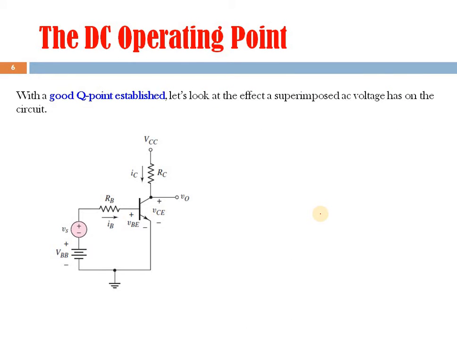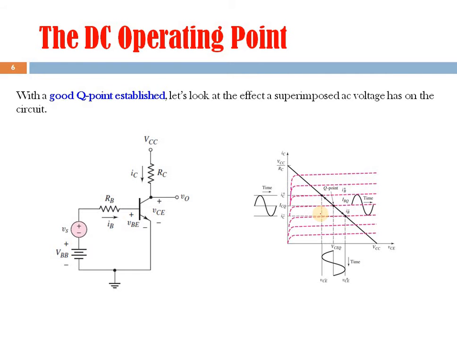And if a proper, or you can say good, choice of operating point is made, then we get undistorted output. For example, here you see the operating point is exactly in the center, and the input signal which is applied here is superimposed on this DC voltage. When this signal swing occurs here, there are corresponding changes in the output current and output voltage.